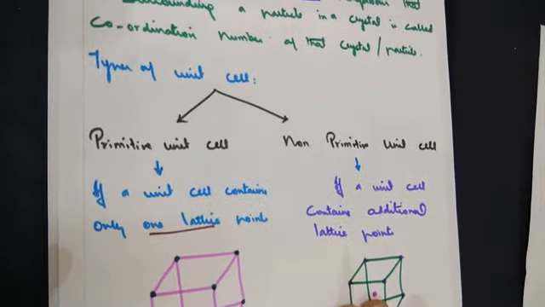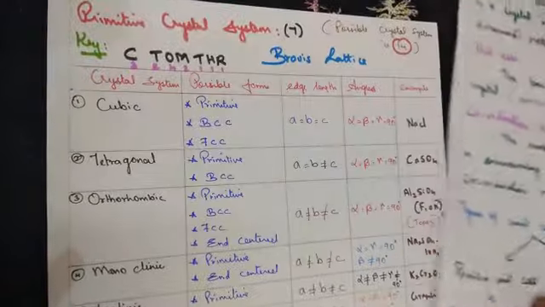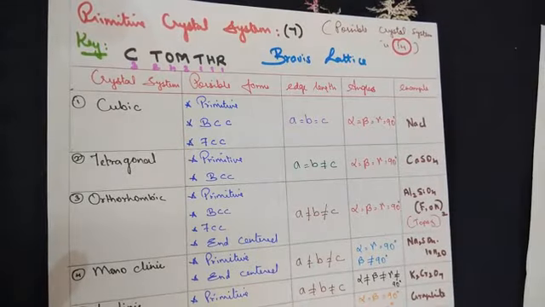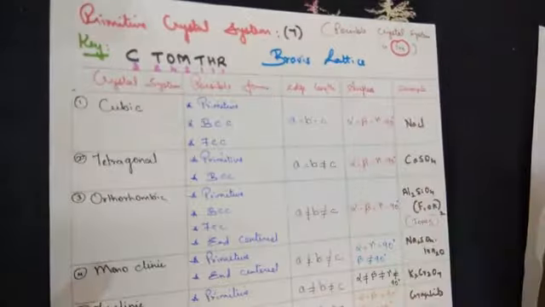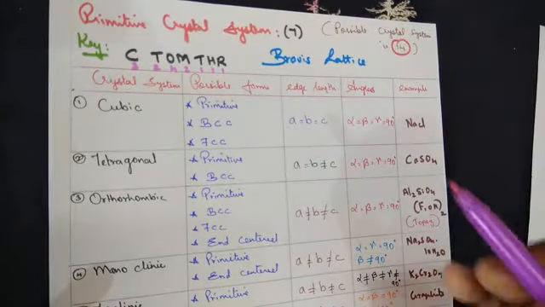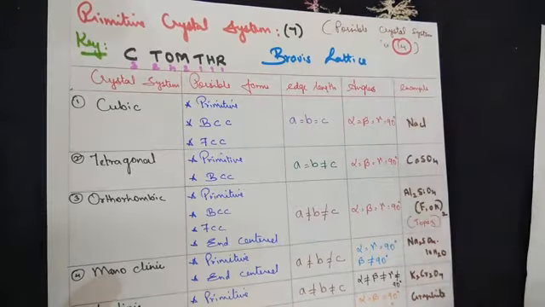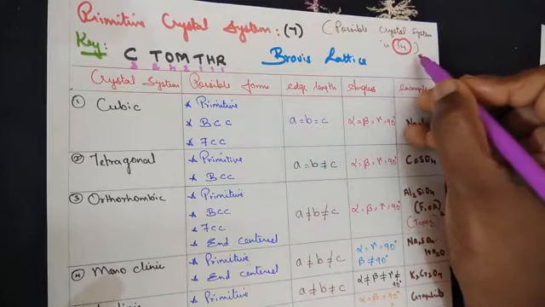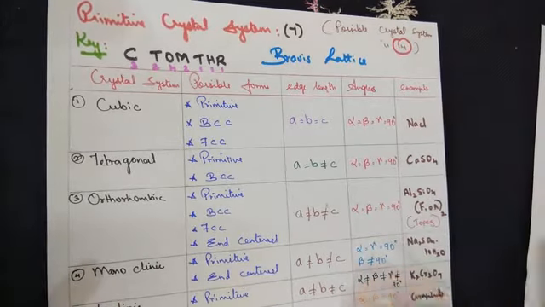So today's class of interest is types of primitive unit cell. Now, in primitive unit cell, there are 7 categories. The whole set of crystal structure types was given by the scientist called Bravais, so they are called Bravais lattices. There are 14 types of crystals forming in nature or that can be found. So let's see one by one in detail.